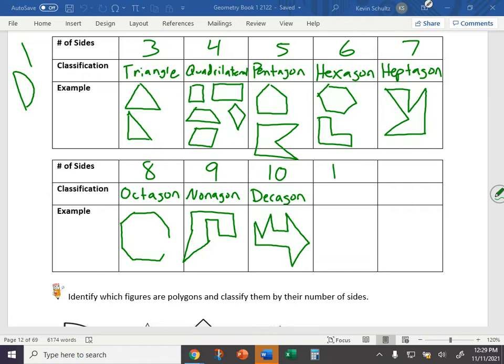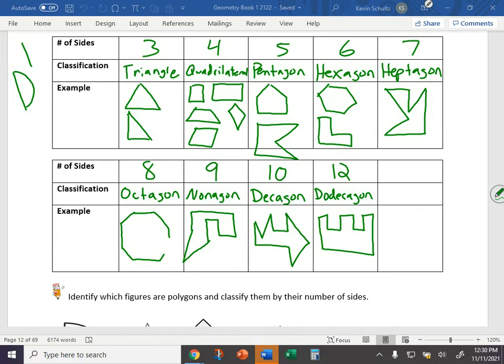We're skipping 11 and going to 12. What's a 12-sided figure called? Anybody know? Good. Dodecagon. 1, 2, 3, 4, 5, 6, 7, 8, 9, 10, 11, 12. Dodecagon. And I skipped 11, and I'm not going to go any further because at some point, mathematicians are like,